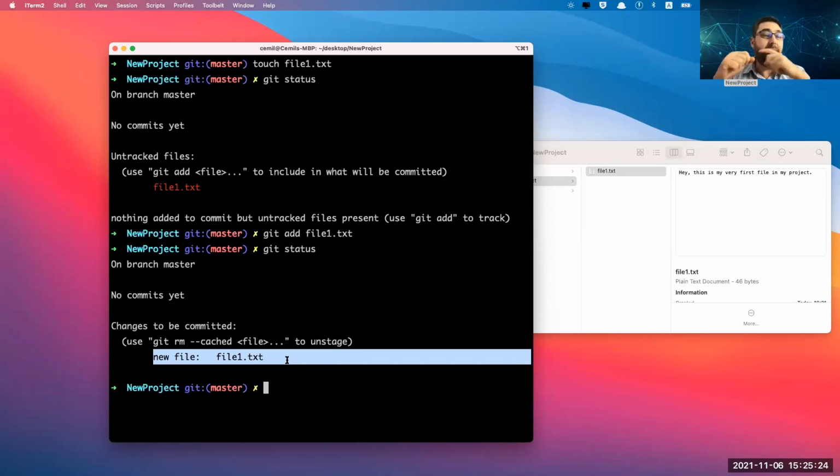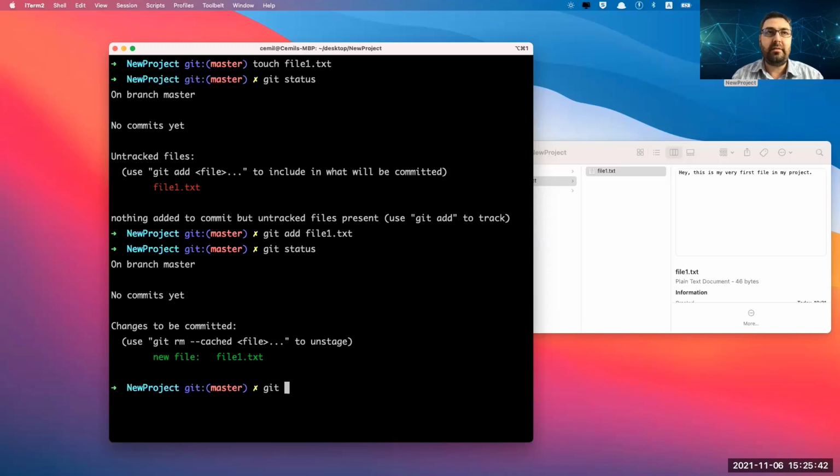Okay. But if you want to unstage, maybe this is not the file that you want to commit in this version. Maybe that is the next commit, not this one. So you can remove it. Let's remove it with git rm --cached.